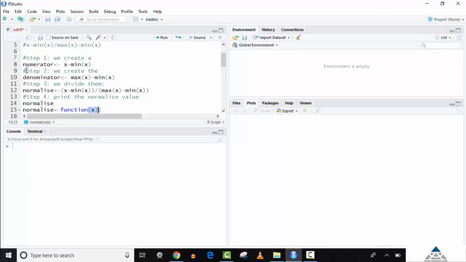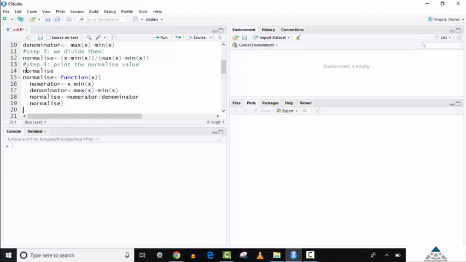We then open the brackets. In these brackets, we pass the arguments that we want from the user so that this function can actually work. Alright. So here we need only the vector argument from the user. So I write x. So you pass the x vector in this function, and the function will automatically normalize that vector. Then we start curly brackets, and in these curly brackets, we will write down the steps that the function